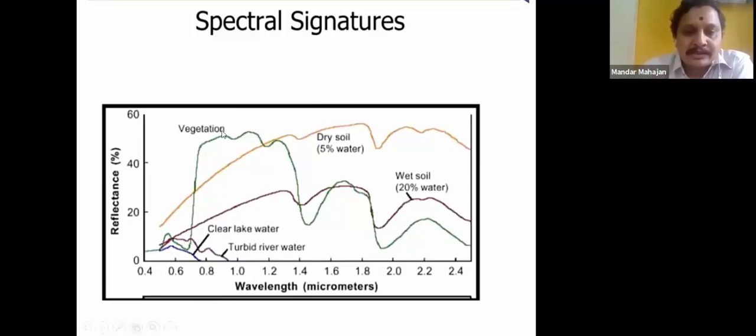So as the wavelength changes, you can see in this prominent infrared region, we can detect the vegetation more clearly. The vegetation may vary from plant farming or crops cultivated there, or it could be forest land. So it is possible to see the same vegetation but having different patterns. One more example you can see here. Here is the soil which is wet with 20% of water and 5%. Even the pattern shown by both the dry and wet soil is the same, but there is a difference between them. So reflectance characteristics we call the spectral signatures.